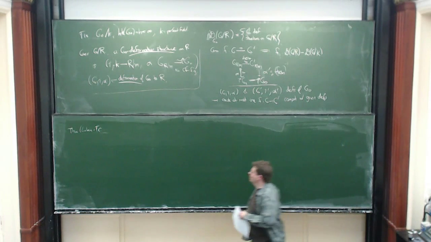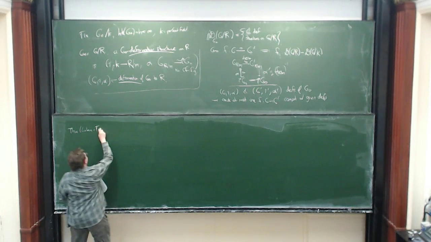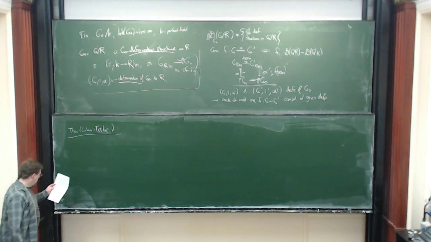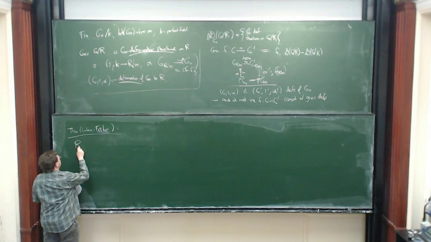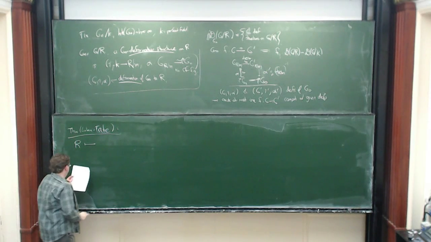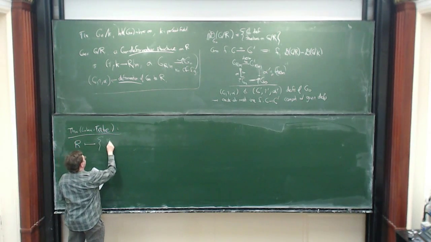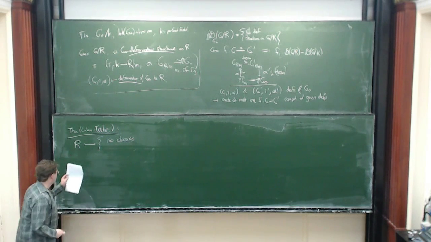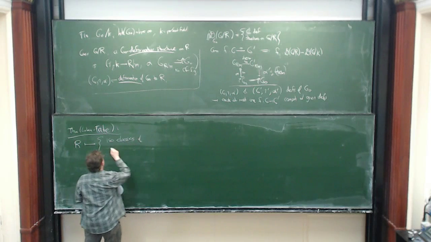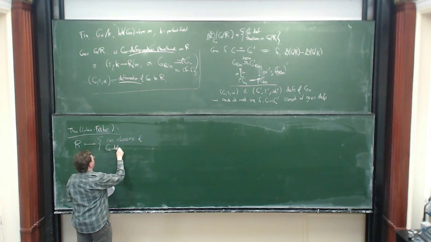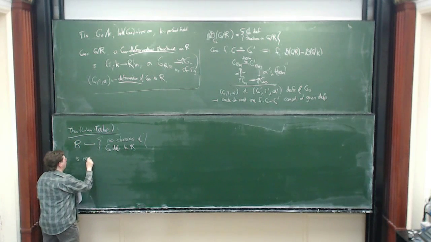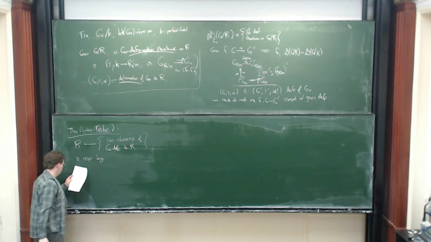All right. So the functor that takes a complete local ring and gives me isomorphism classes, or usually people say star isomorphism classes, of G0 deformations to R is represented by a complete local ring,